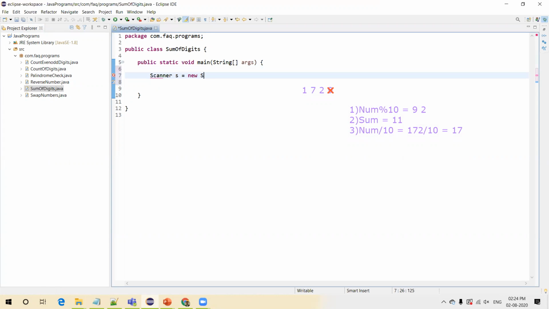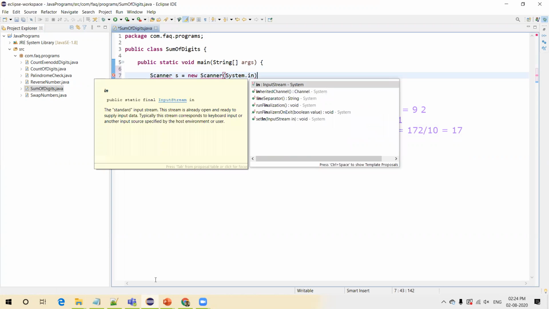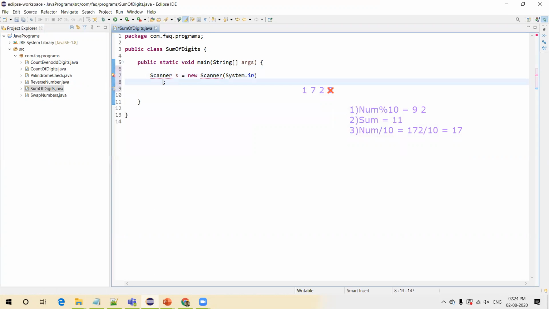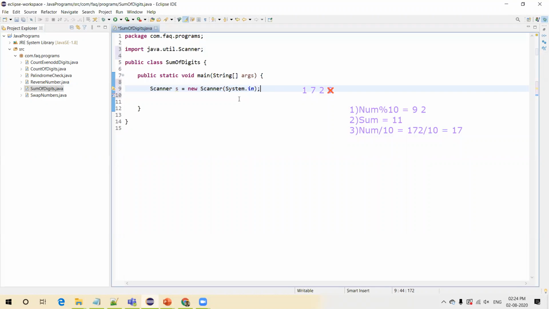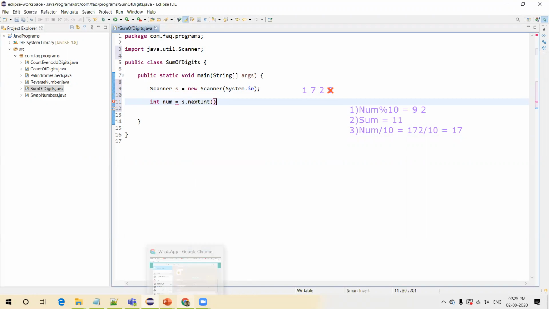For that, I'll use the Scanner class, and import the Scanner class from the java.util package. I'll read the number and store it into some variable called num, using nextInt. And we can write some message to the user to enter a number.